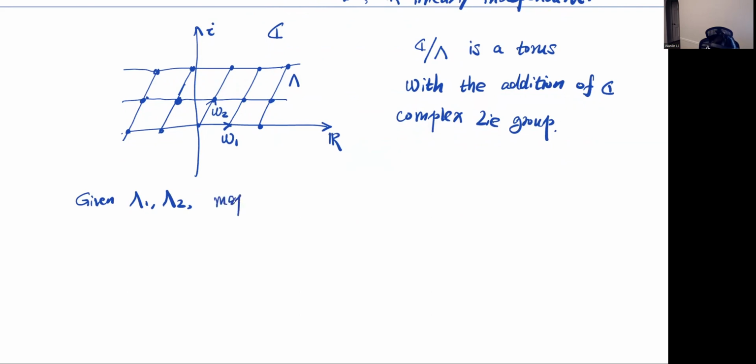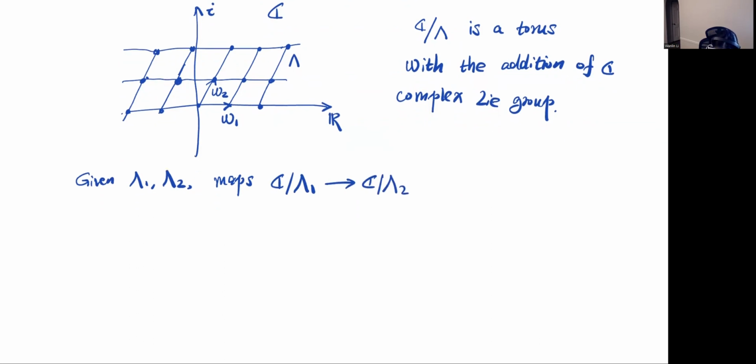So maps from C mod lambda 1 to C mod lambda 2 as complex Lie groups are exactly identified as, so these are in bijection, this set is identified as complex numbers alpha in C such that alpha times lambda 1